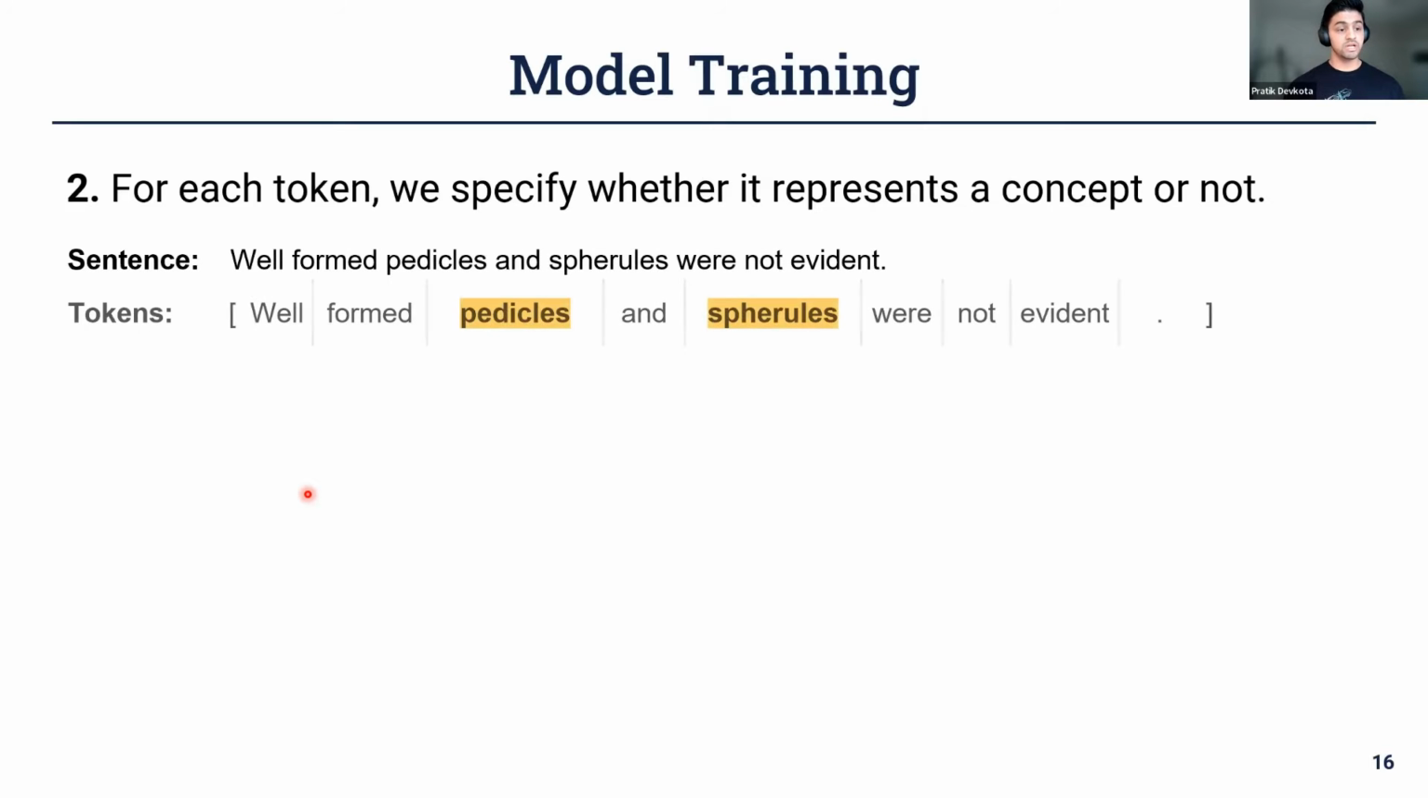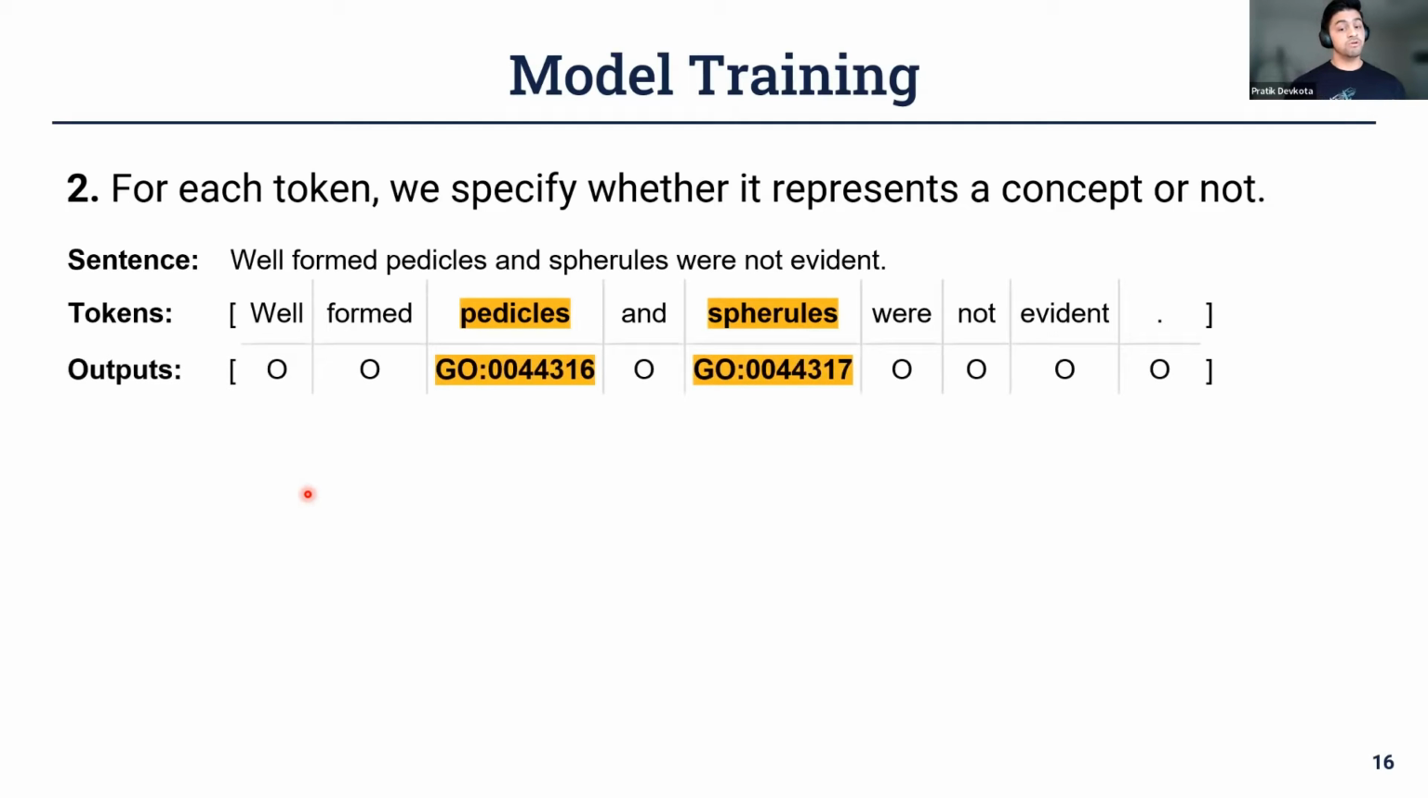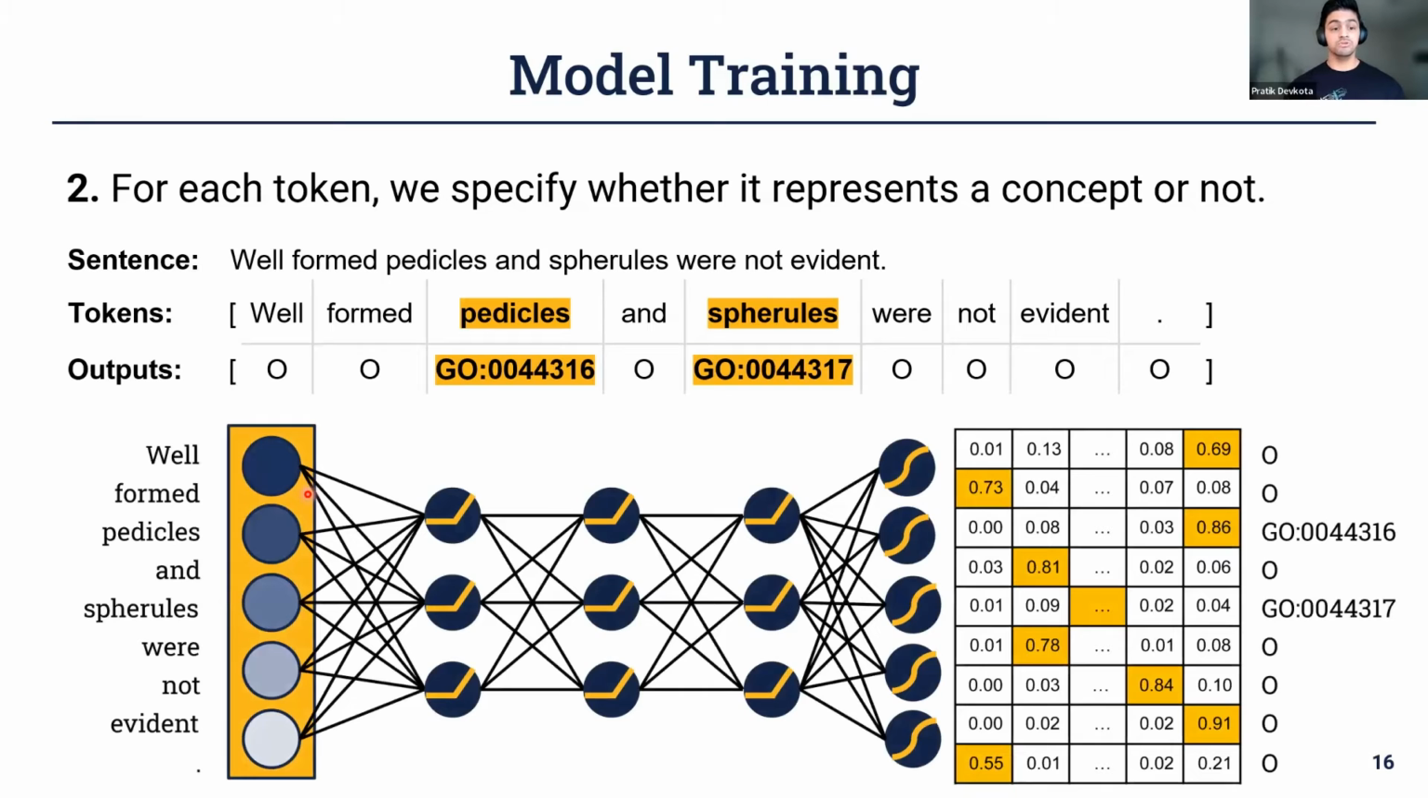So if this is a sentence and it's broken down into tokens as such, here the highlighted tokens are represented by some gene ontology concepts, and therefore they are mapped to certain Go IDs. All tokens that represent a concept are mapped to their corresponding Go IDs, and tokens that do not represent any concept are mapped to an O or out of concept class. These inputs are then fed to